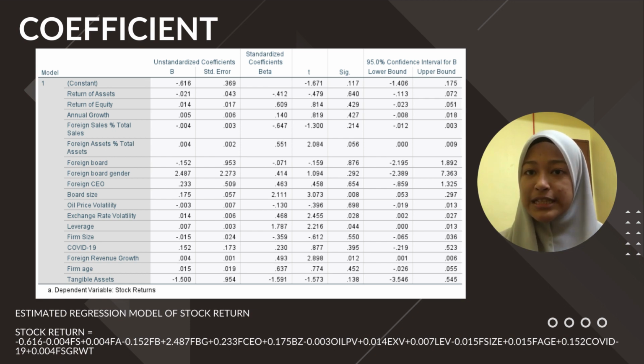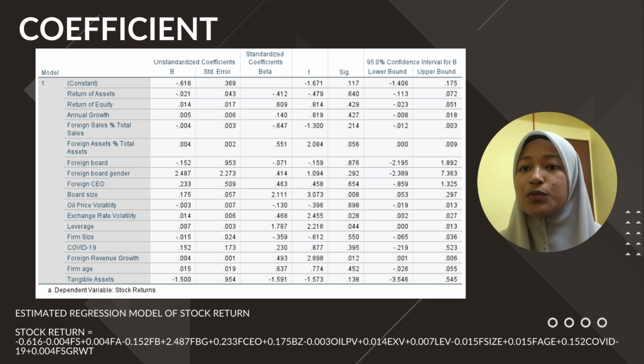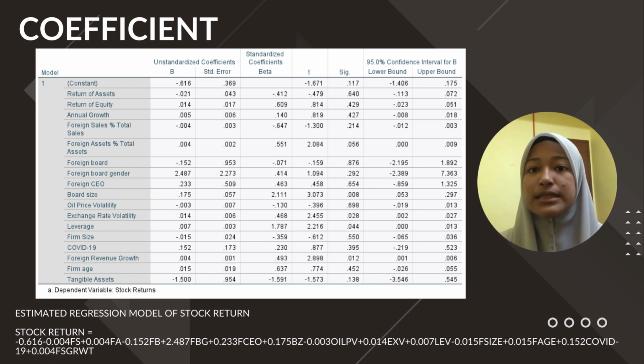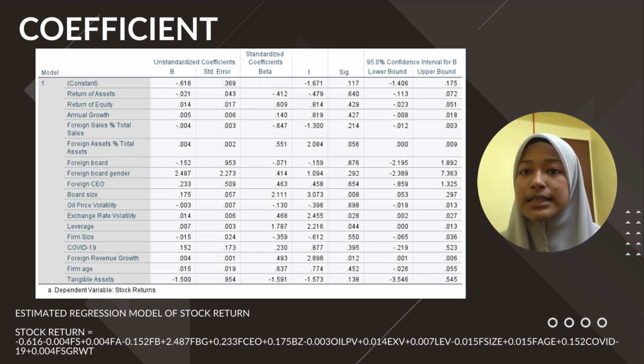According to the coefficient analysis table, using stock return as a dependent variable, Fs is statistically significant with a significant value of negative 0.152 because it is smaller than p greater than 0.05. It is suggested there is a favorable association between Fp and stock return. EXV, on the other hand, is statistically significant with a significant value of 0.014, and it is suggested there is a favorable association between EXV and stock return.